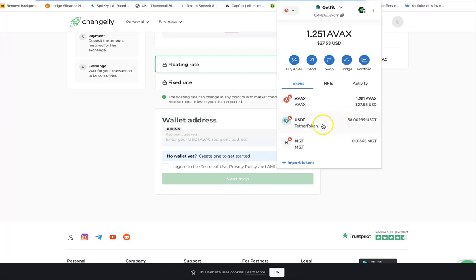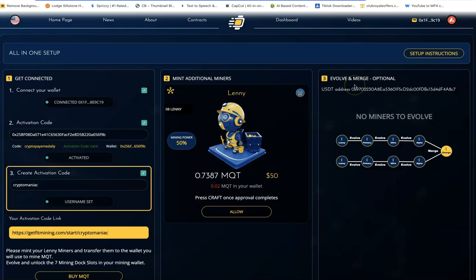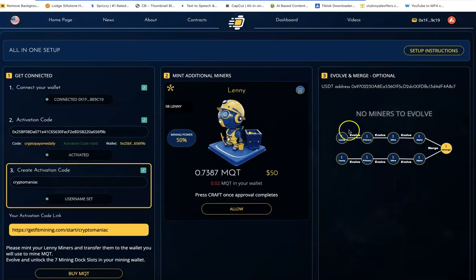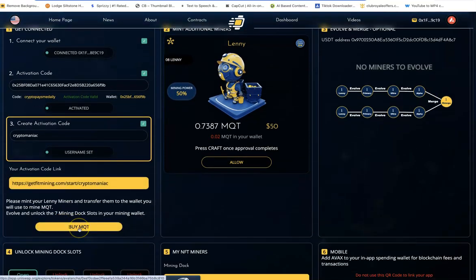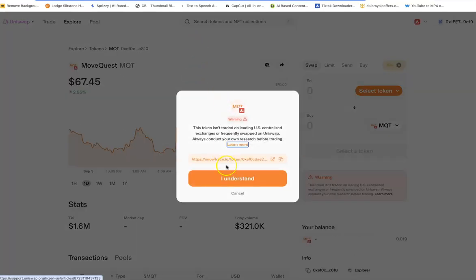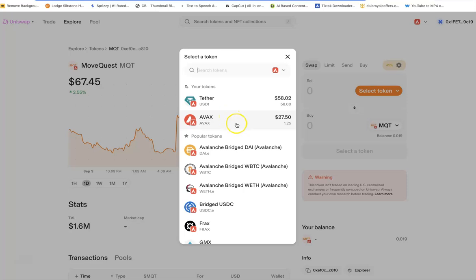Now, here's why I say you only need to worry about purchasing USDT, okay? Because once you get into the GetFit app, you're going to have USDT in here, okay? It's going to automatically have your balance of what you have. When you click here on Buy MQT, it's going to automatically bring you to Uniswap. You're going to hit I understand. And then all you're going to do is just take that USDT from the Avalanche